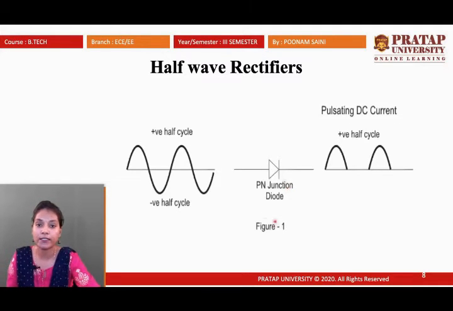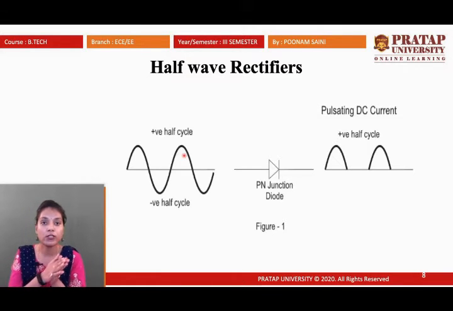So you can see that in this half wave rectifier, in the positive cycle, the junction diode is forward biased, so only this half is going to be converted. In the negative half cycle, the diode is reverse biased, so this is going to be blemished, or we can say it is going to be nil. When the diode is in forward bias, in the positive direction, the diode conducts. When the diode is in reverse bias, we do not consider it.